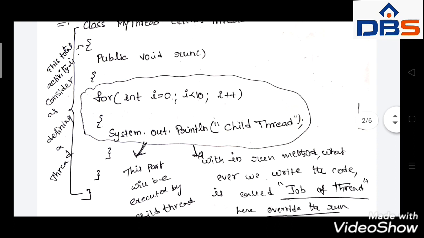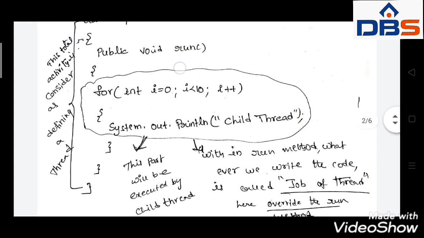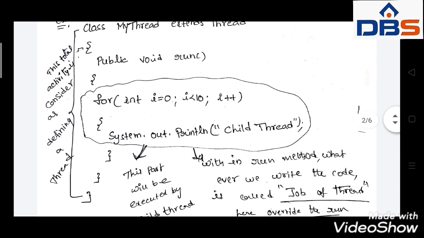Then the thread is going to run, with the help of only one method, that is the run method. What is the syntax of the run method? public void run. So here we wrote the run method.